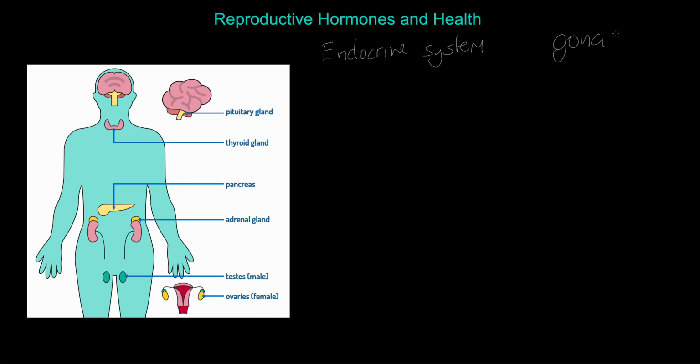Now, my big picture statement is the following. I just want to get this picture across to you, and that is that reproductive hormones, if we think about these collectively, have an impact on overall health. Now, we're going to touch on numerous aspects of this today, but these reproductive hormones are important, and they also have an impact on athletic performance. So we are not just talking about health today, we are also talking about movement quality and athletic performance. With that in mind, let's get straight into this.